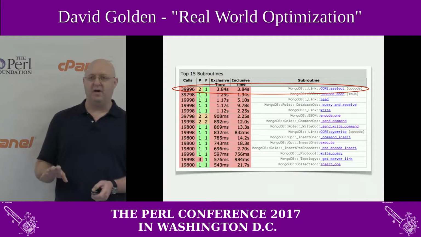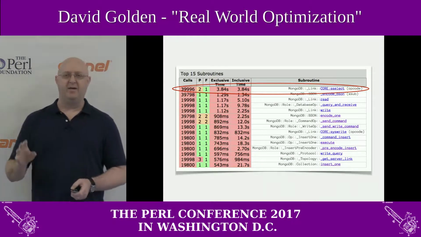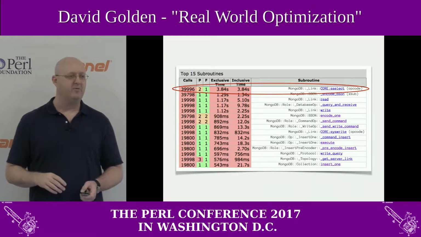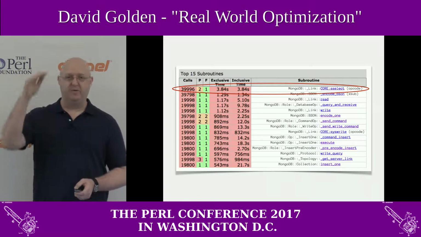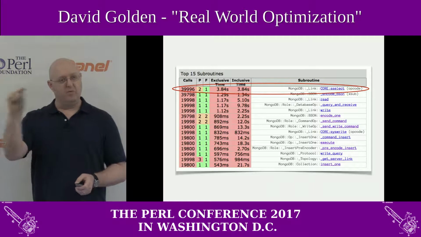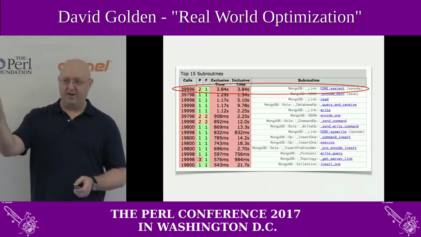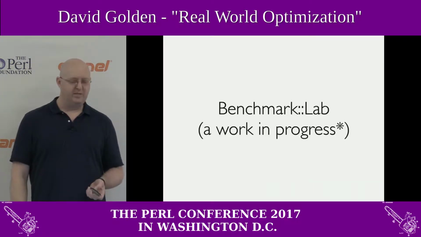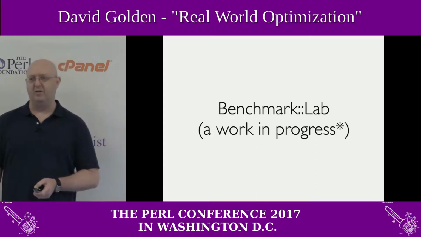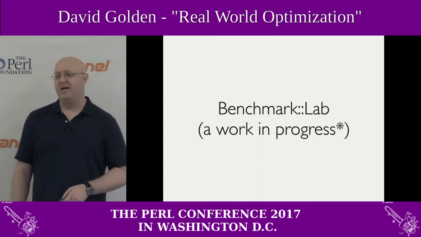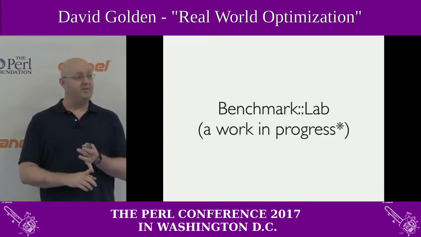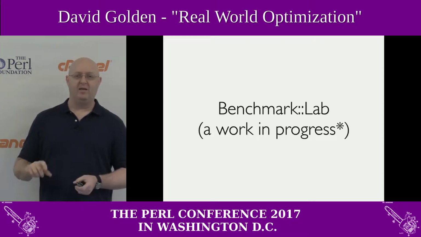A lot of this code I had written was sitting in a GitHub repo that I use for scratch work. I did take a lot of the benchmarking code, the go through all these steps, run just the one piece, be able to profile just that one piece, and I released that to CPAN. It's called Benchmark Lab. I call it a work in progress, except I haven't worked on it in quite a while. It doesn't do any of the graphing, doesn't do any of the charts,